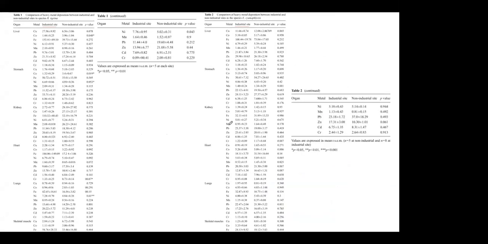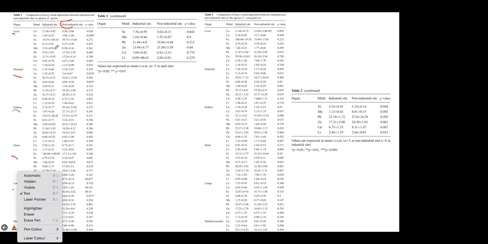We used the different organs of the two frog species, and then we compared the results between the industrial sites and the non-industrial sites. You can see here the different organs, the liver, stomach, kidney, heart, lungs, and skeletal muscles of the Rana tigrina species, with higher concentrations of these metals in the industrial sites as compared to the non-industrial sites. Iron was significantly distributed in the liver,